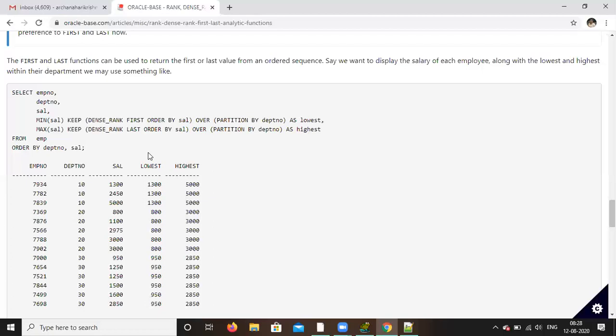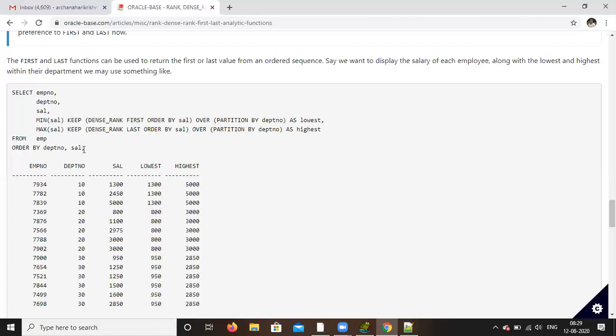So you can see here, the lowest will be 1300 in department 10, and the highest is 5,000. The syntax is you have to write like this: minimum sal keep dense rank first order by salary. So first over partition by department number. As lowest, you can give the highest. So this is nothing but your first and last.